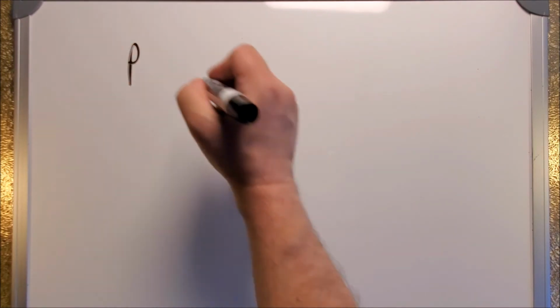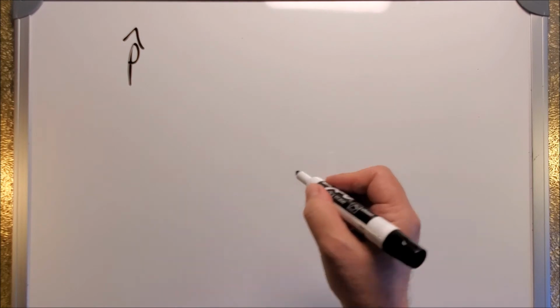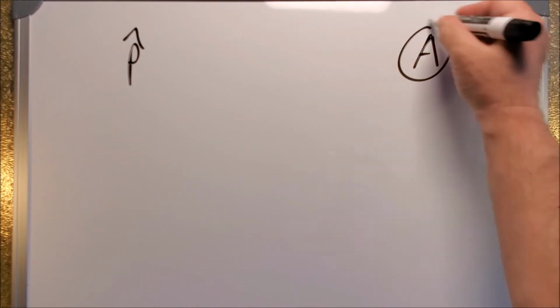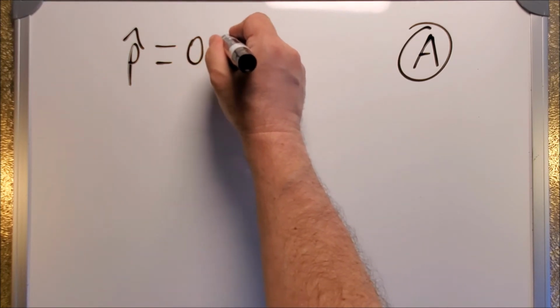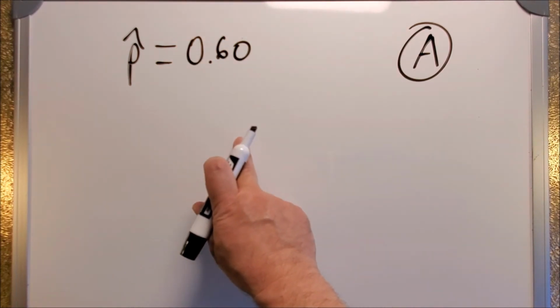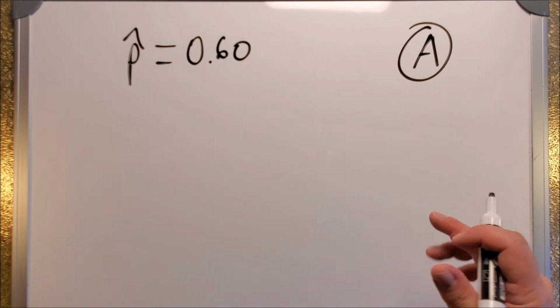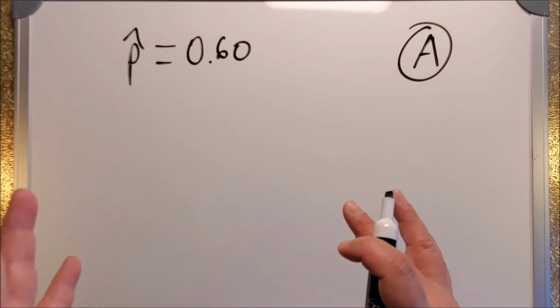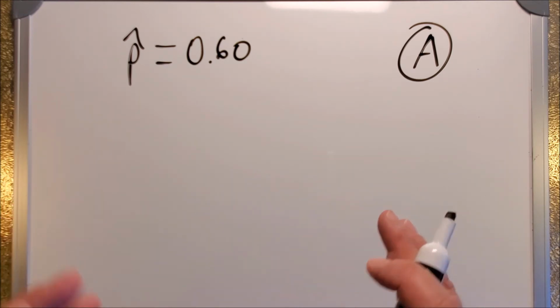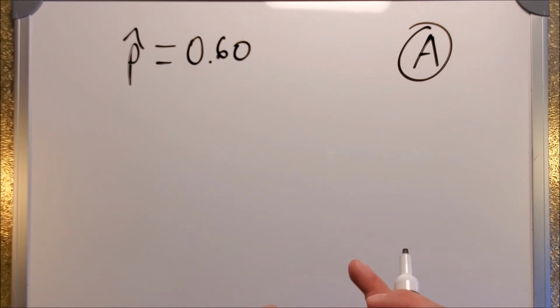Okay, so let's go back to our previous example. We were looking for the amount of support for candidate A, because they're a really good candidate. It turns out that our sample showed 60% support for candidate A. Now, while I was talking about it, I said, let's propose a sample size of 100. But as it happens, I went back and calculated what sample size we need in order to make the math that we're about to do work the way I want it to, and it turns out we need about